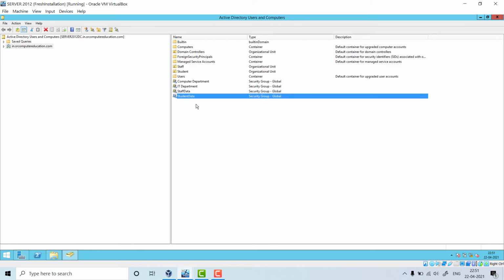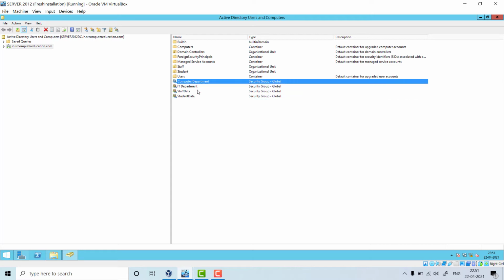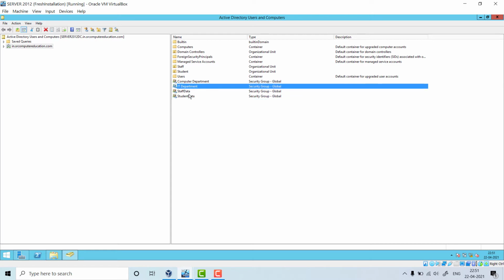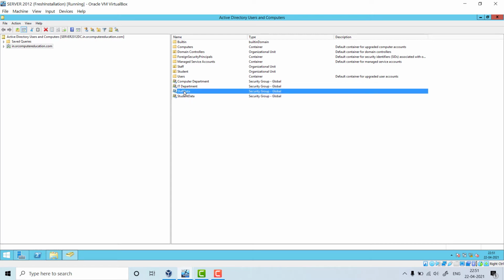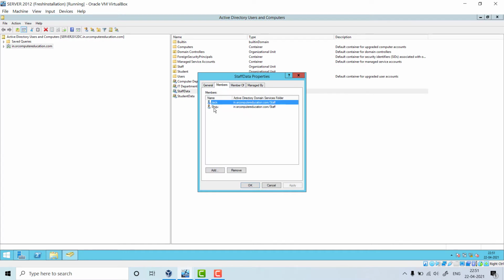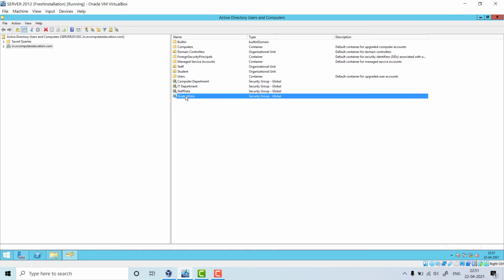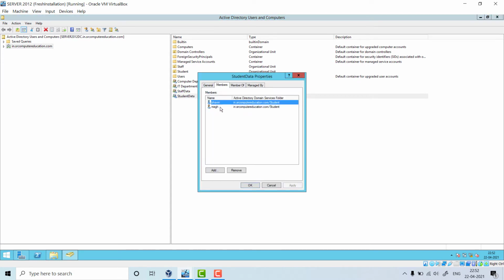I created these right now. In the previous video I created computer department and IT department. In staff data we have members Jack and Shaiju. We are concerned with student data right now. The members are Bhavin and Meg. So only these 2 students will be able to access my assignment. You can add more students also.